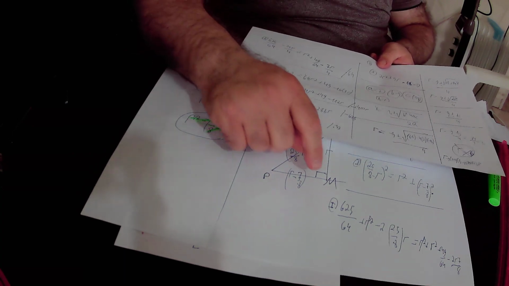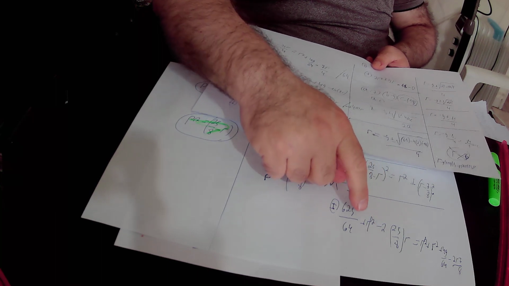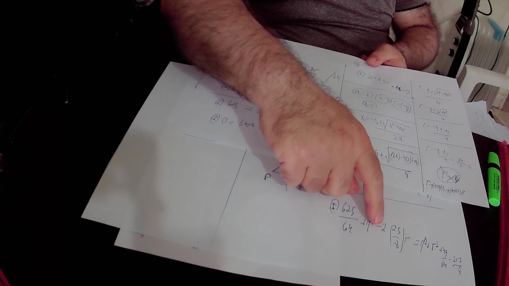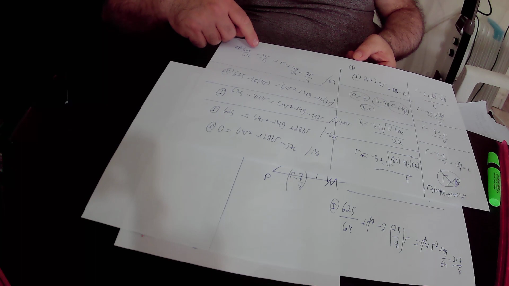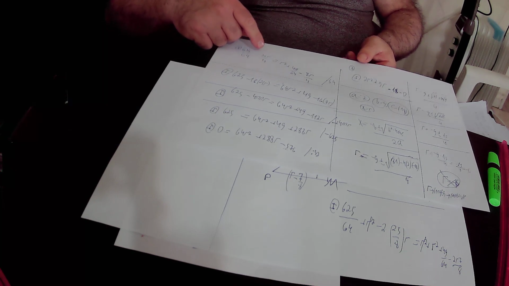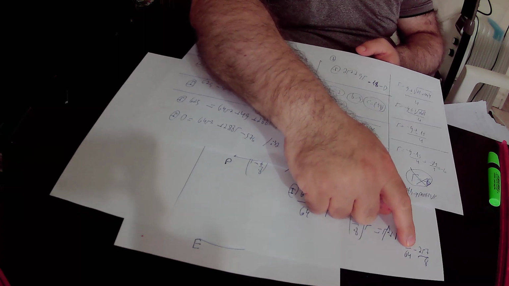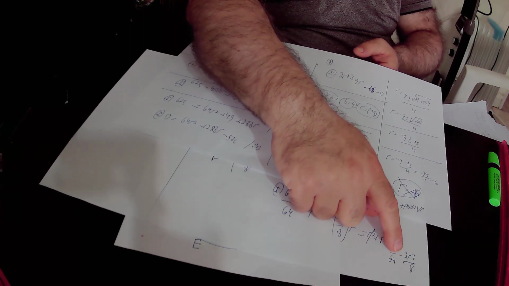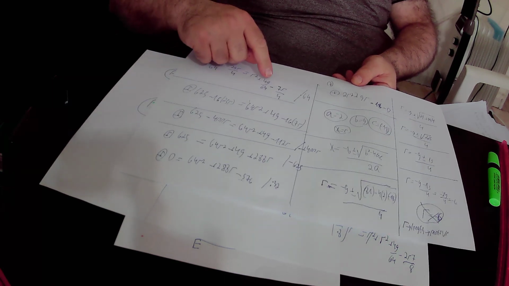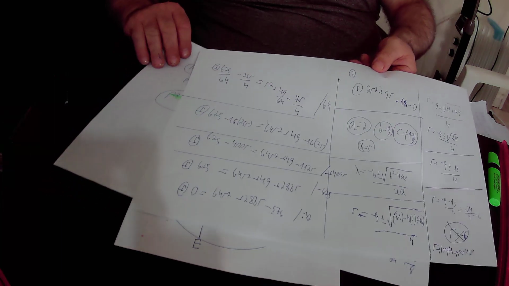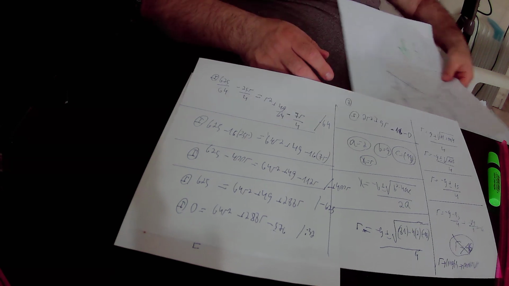Here we have 2 times 25r over 8. We divided both the numerator and the denominator of this expression by 2, and we got that it is equal to minus 25r over 4. Here we divided both the numerator and the denominator of this expression by 2, and found out that this expression equals, after dividing it by 2, 17r over 4. Then we multiplied this equation number 1 by 64,